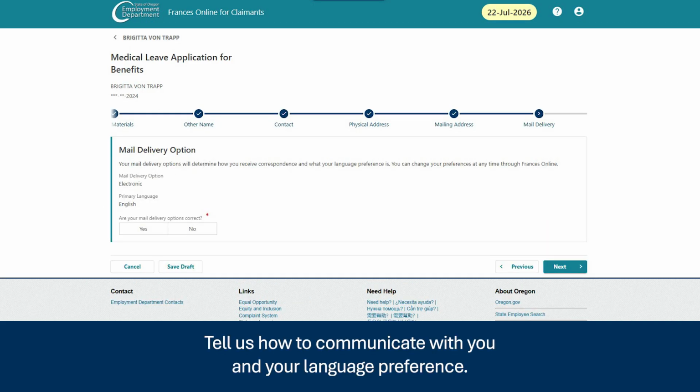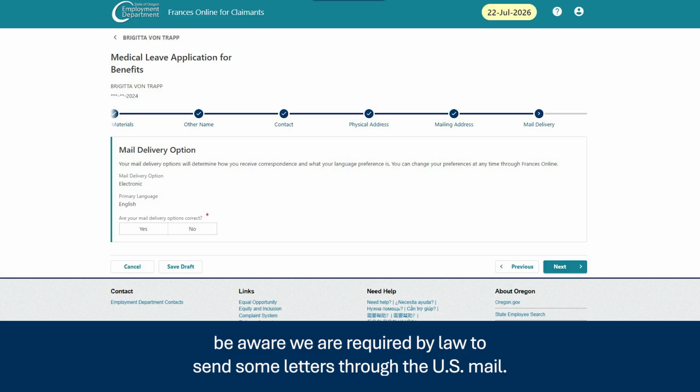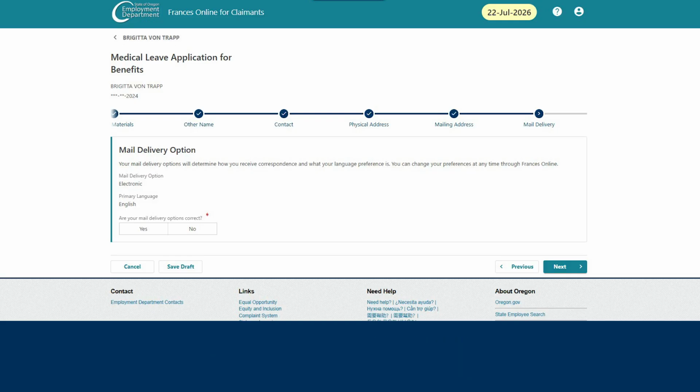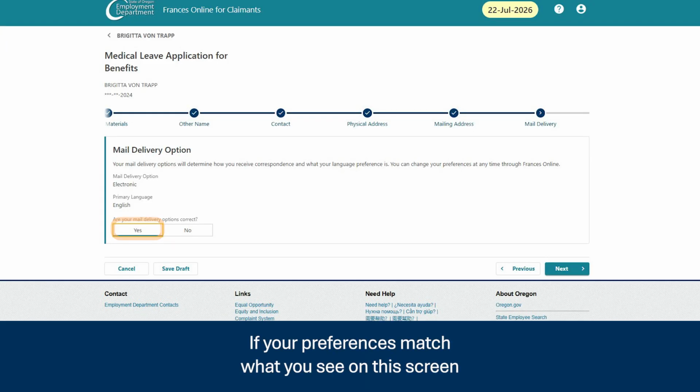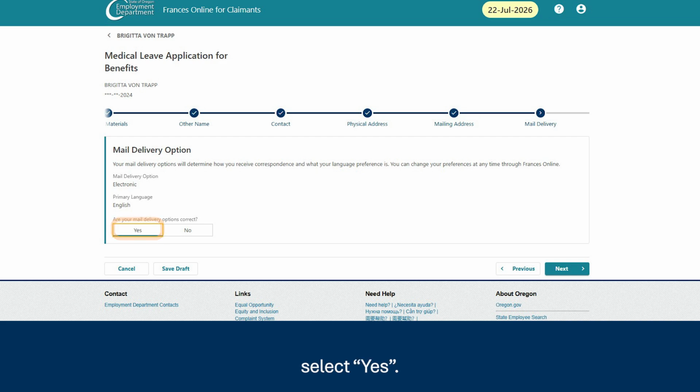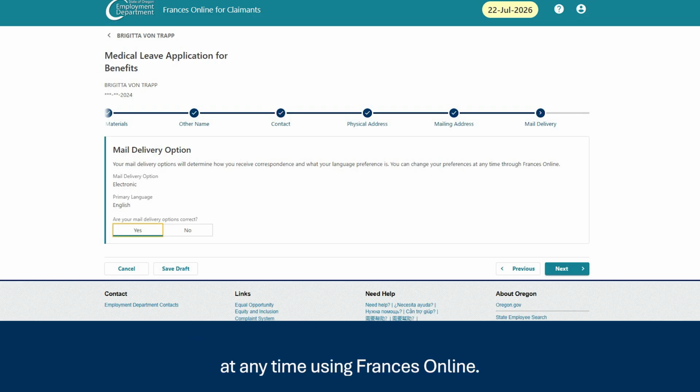Tell us how to communicate with you and your language preference. If you select to have letters sent electronically, be aware we are required by law to send some letters through the U.S. mail. Please continue to check your U.S. mail regularly. If your preferences match what you see on this screen, select Yes. Quick tip: if you change your mind, you can change your mail delivery options or language preferences at any time